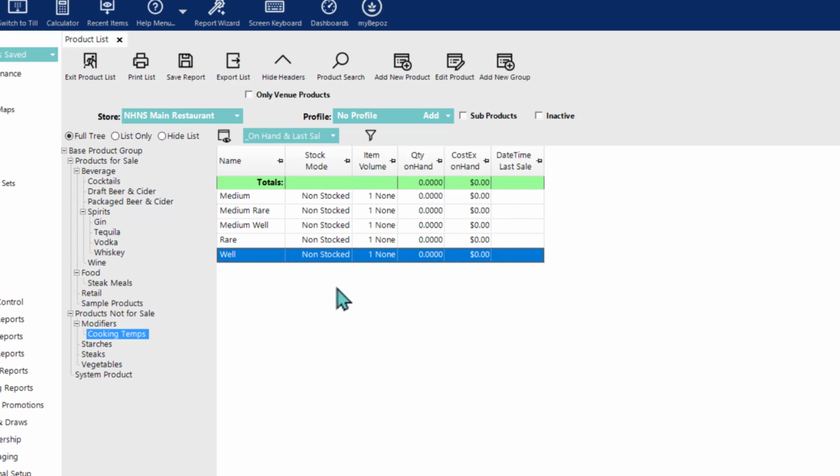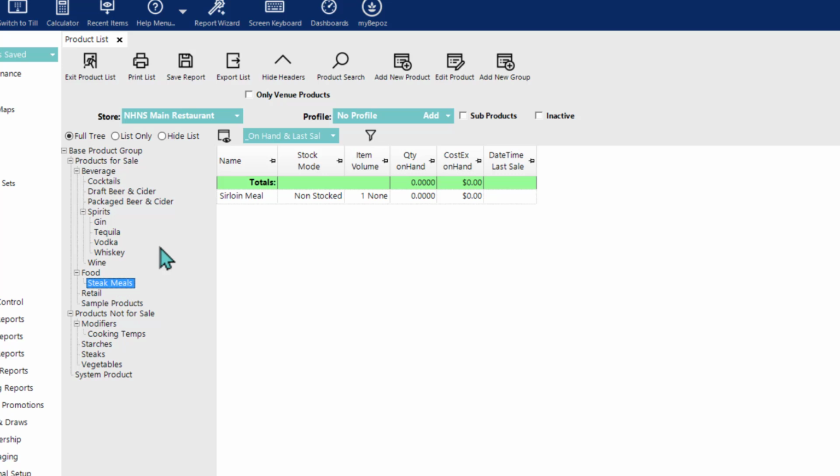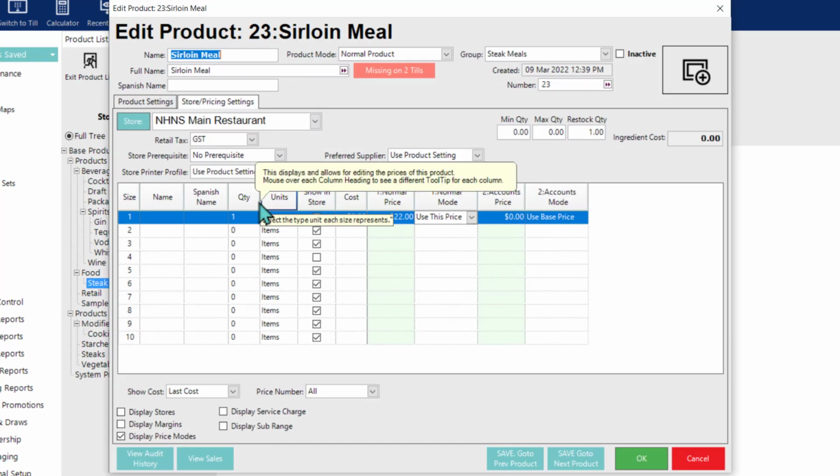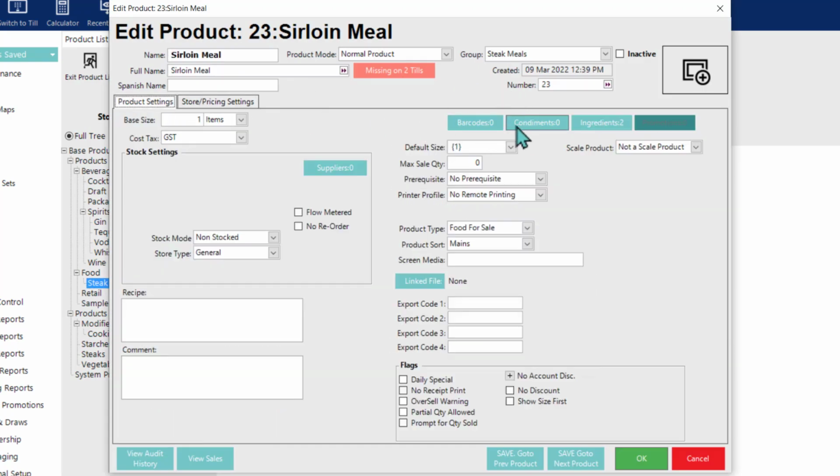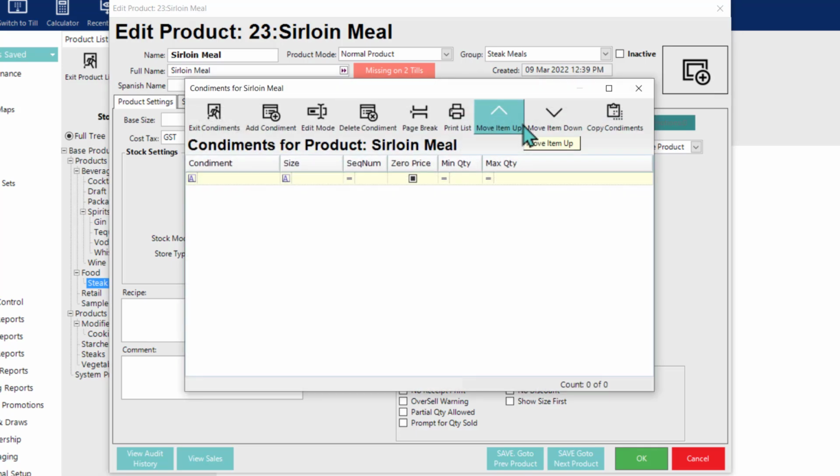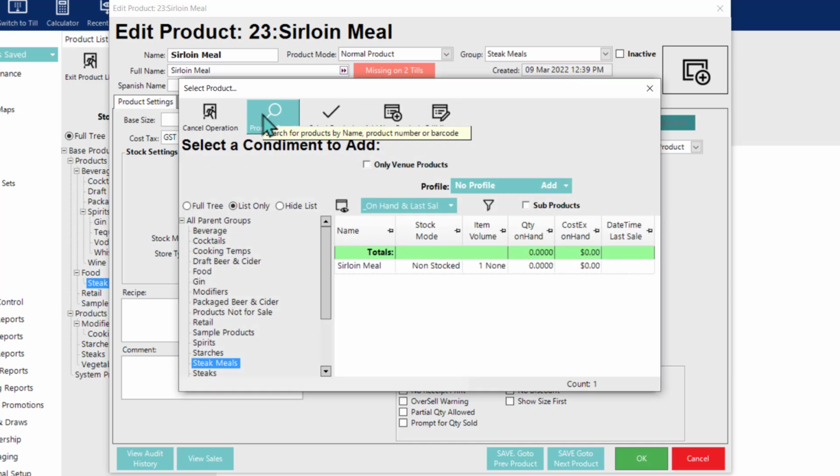Well done. There we go. So we've got our cooking temperature saved there. Now we can go back to our sirloin meal and actually add these condiment products, which is as simple as selecting the condiment button from the screen again, and then finding the condiment product or condiment products to add,